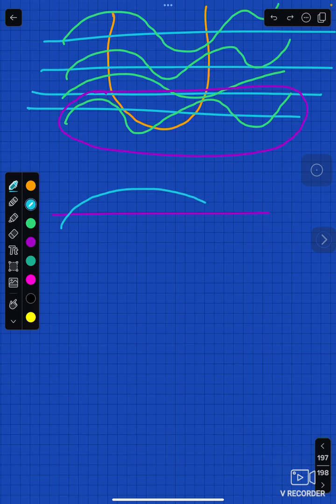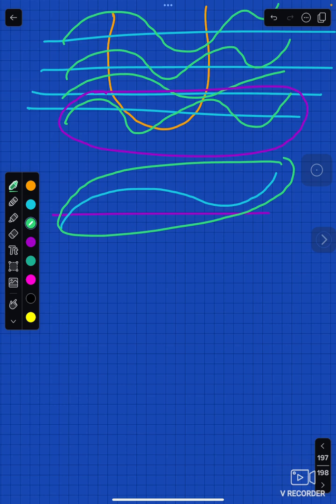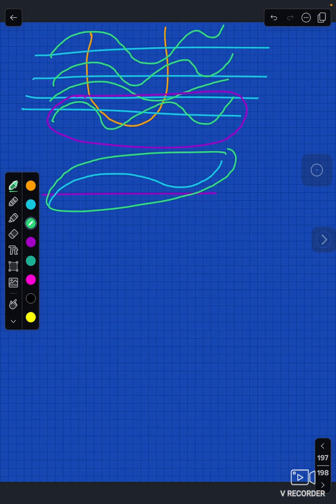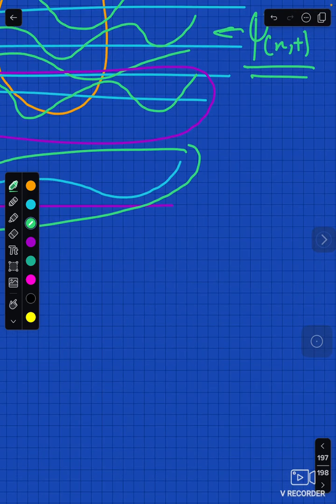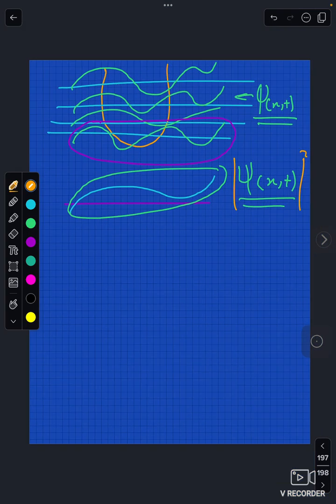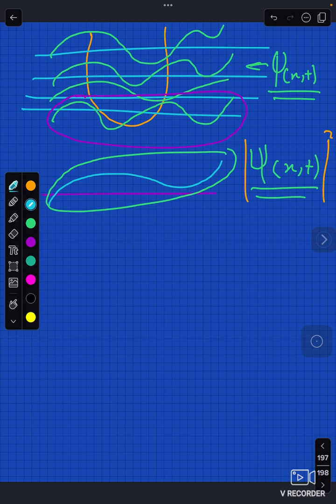Wait, sorry. Now if I take the square of this wave function, wait, let me write this, the wave function, it's time dependent, this is the wave function. If I take the square of this wave function, what do we get? We get the probability of finding the electron at its position. So this shows the electron, or if I make the graph for it,